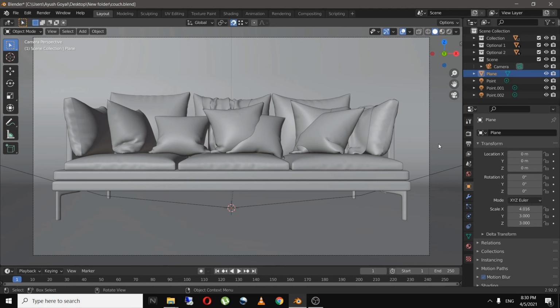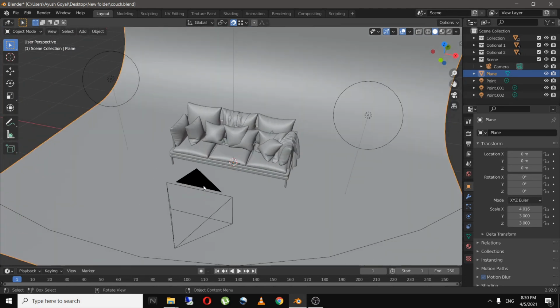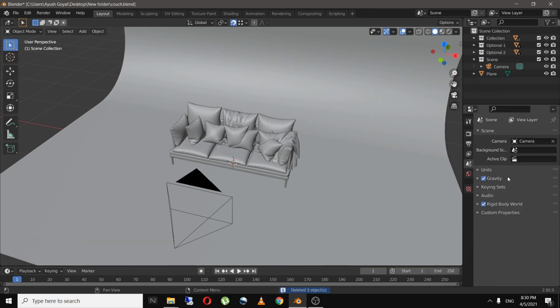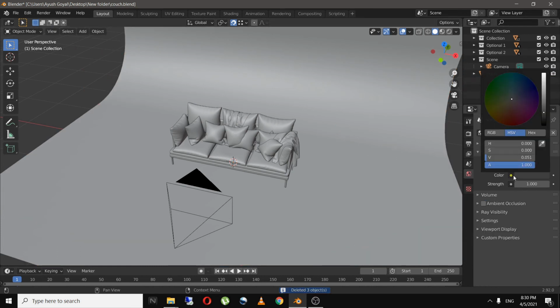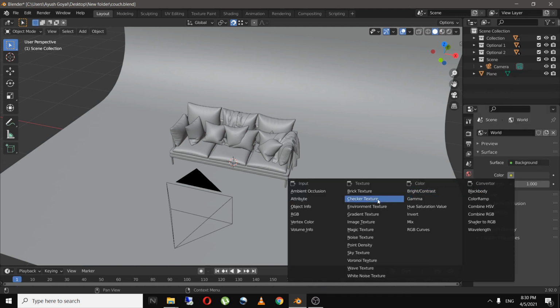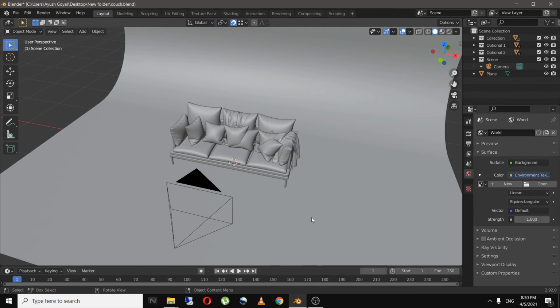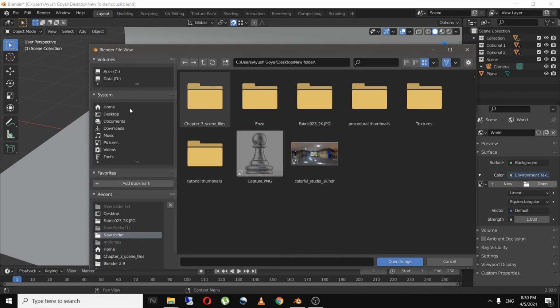And now let's play with the world settings. So for that, I will go to the world properties over here and change this to environment texture, and click on open and add in this HDRI.